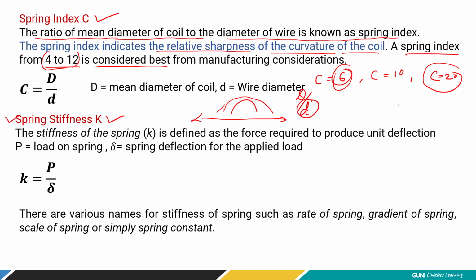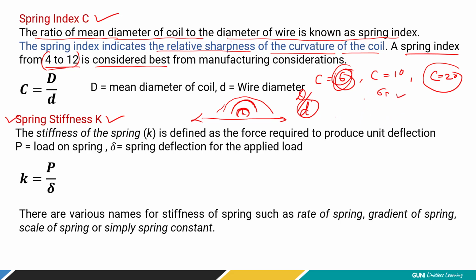So what does it mean? Here it says the curvature. The smaller the value, the sharper the curvature, meaning less radius of the spring from the center to the inside diameter, right? So it induces more shear stresses, or simply bending stresses. If you have a gentle curve like this, you get lower compressive stress inside and lower outside. But if you have a low spring index, then you have to wind it with a very sharp turn, right? So it introduces more compressive stresses compared to this example, right?